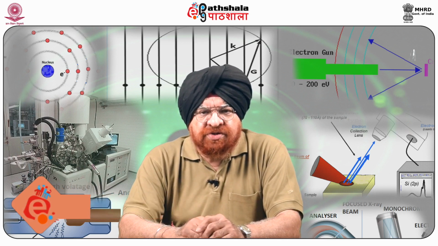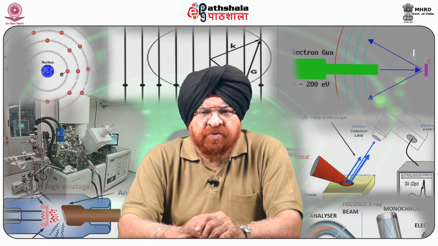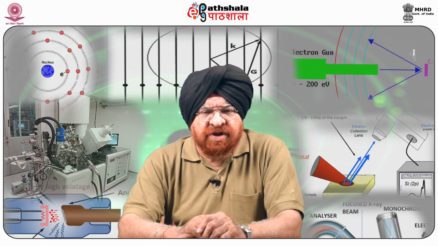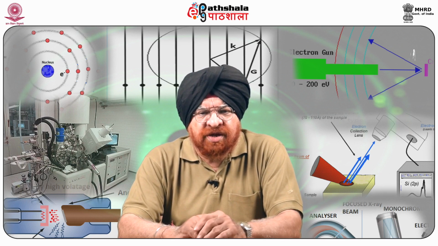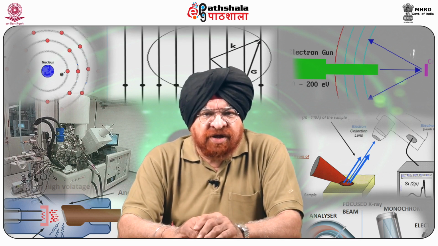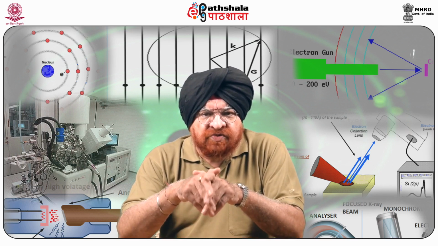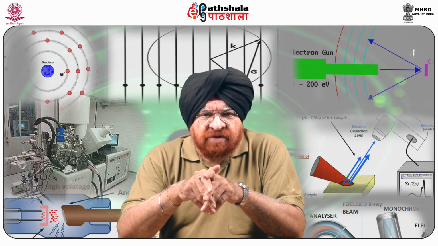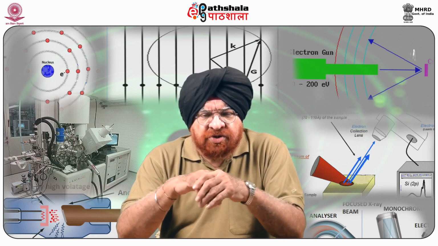Today we are going to discuss the module Instrumentation of Secondary Ion Mass Spectroscopy under the paper of Surface Analytical Technique 2. As I had said earlier, this is a very important surface analytical technique which is abbreviated as SIMS. After having gained enough knowledge about what exactly SIMS is about, we moved on to the instrumentation of SIMS. As we all know, this analytical technique involves a surface phenomenon and it studies the composition of the sample.